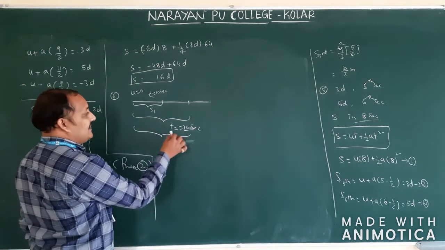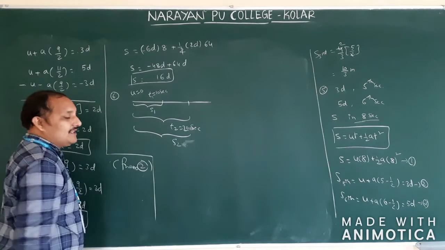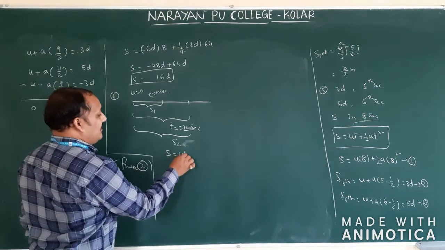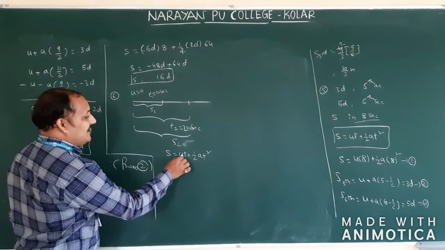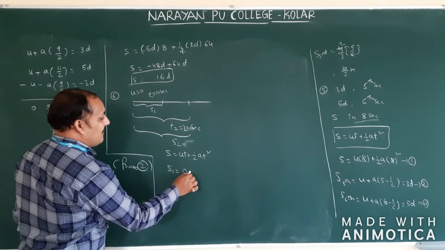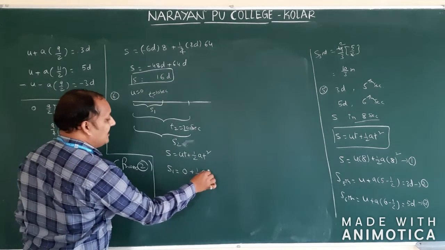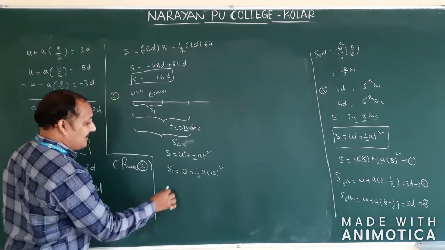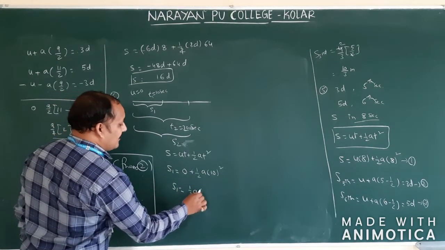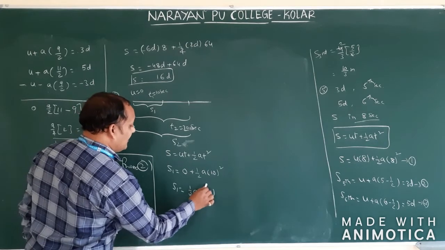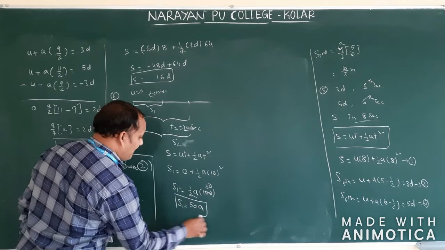See here, this is in first 20 seconds. Now which formula do we have to apply? u is 0, time we came to know. Therefore s is equal to ut plus half at square. S1 is equal to u is 0, plus half of a into t1, that is 10 square. Directly substituting, S1 is equal to 1 by 2 a, 10 square means 100, that is nothing but 50. S1 is equal to 50a.